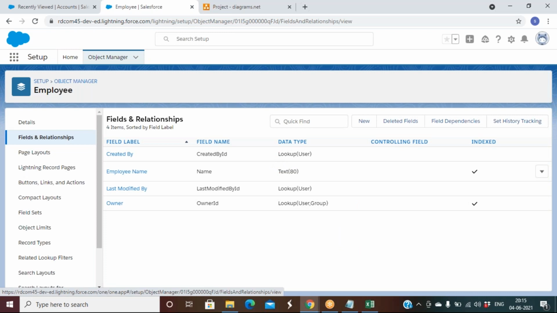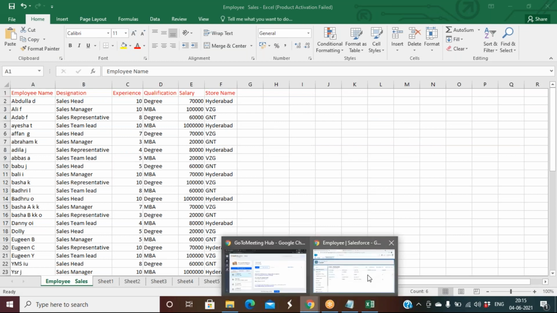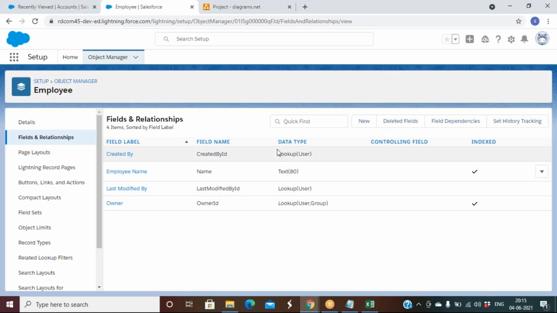Make a note. Whenever we create a custom object, the system will create by default 4 fields, nothing but 4 columns. To generate a record, you define some columns, right? So whenever you create a custom object, the system will create 4 fields. What are the 4 fields?